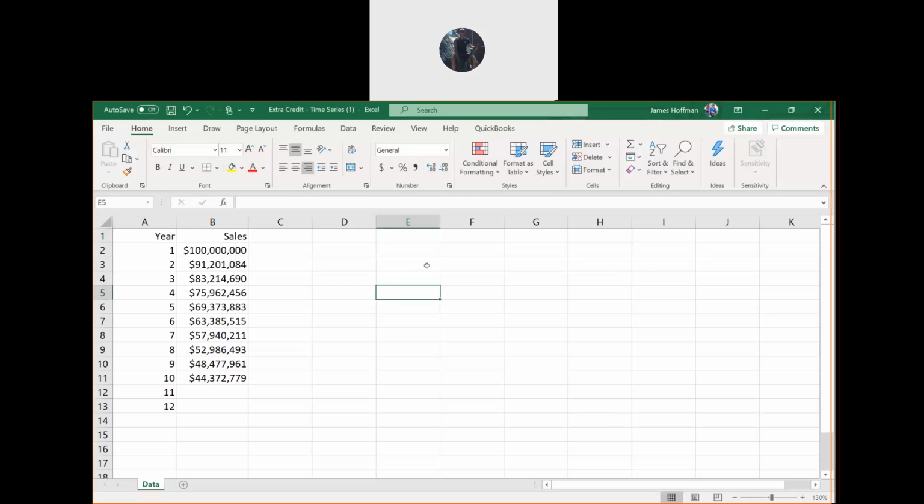Same thing: we've got sales data for years 1 through 10. We're going to fit some curves, and we'll try some different ones this time, to see which one is the best predictor for years 11 and 12. If you're familiar with Tuesday's exercise, this is the same kind of analysis, but we'll try some different types of curves to fit and see which one is the best fit here.